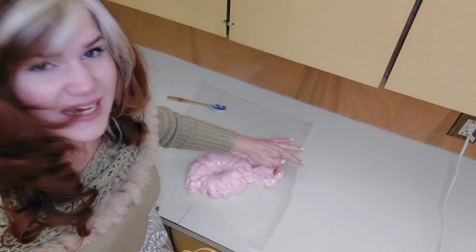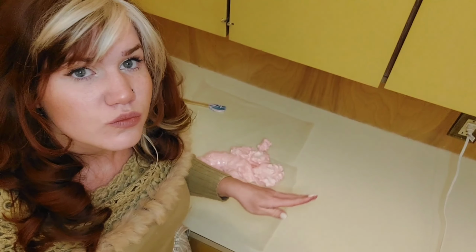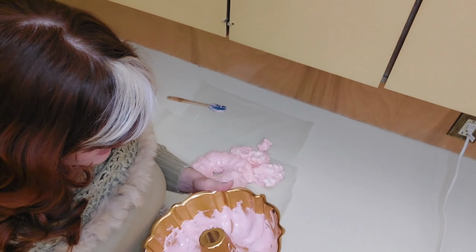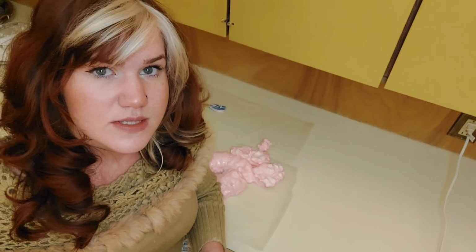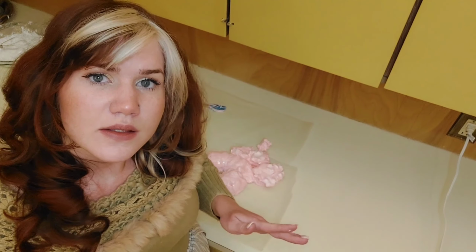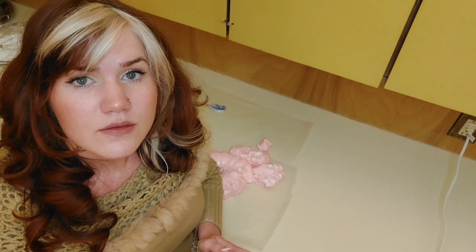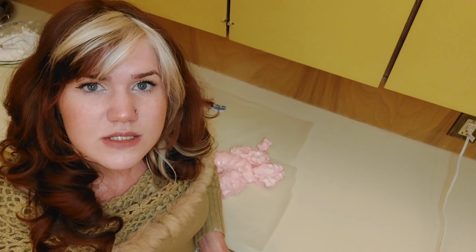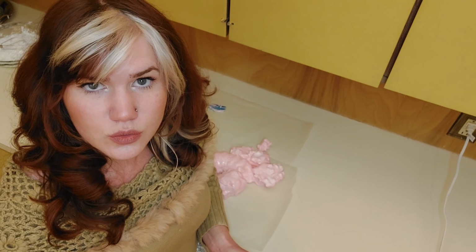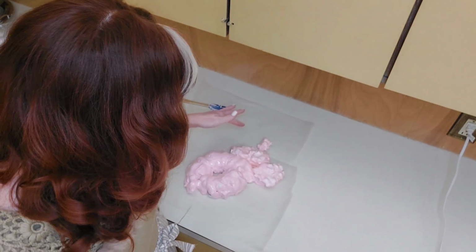So what I can tell is the outside set fine. So maybe if I had put this in a flatter sheet, it would have done something better. But I think there's a couple things that went wrong. In a lot of the recipes that I looked up, I used in this one a recipe that called for only a quarter cup of corn syrup, whereas in the successful one it was a whole cup, and also the temperature that they said to cook the sugar mixture to was very high. So I think,